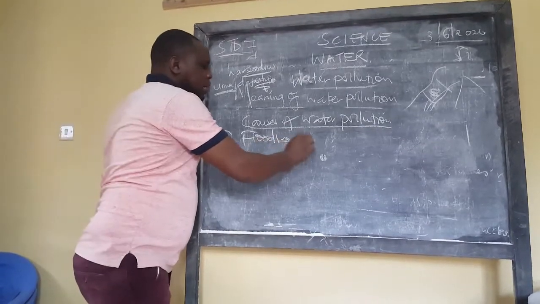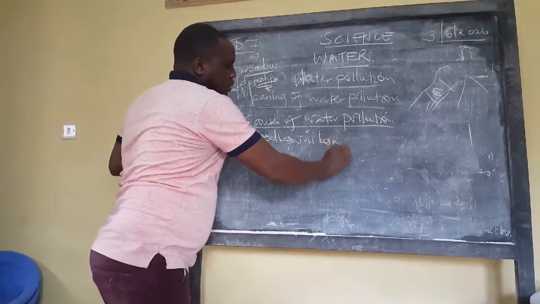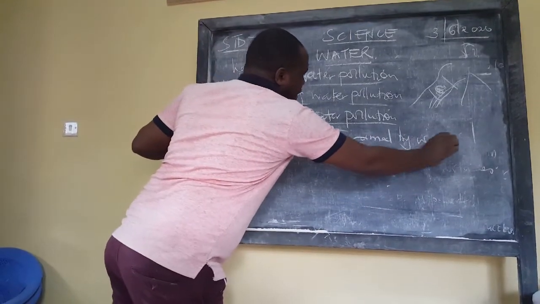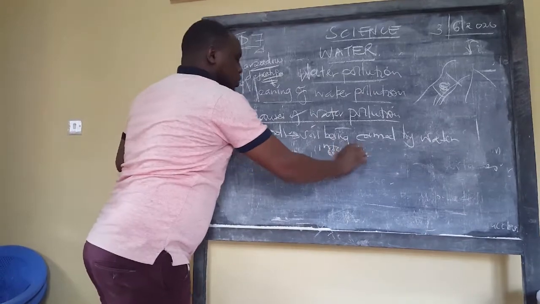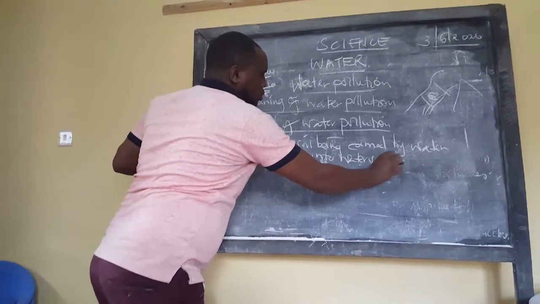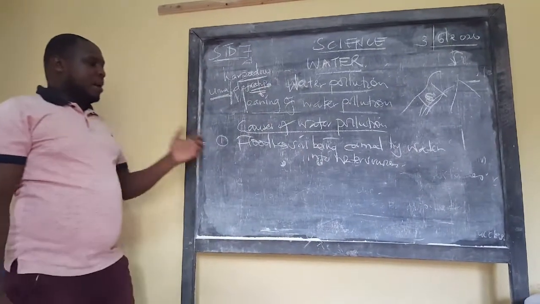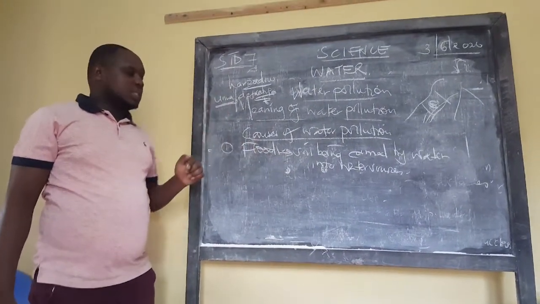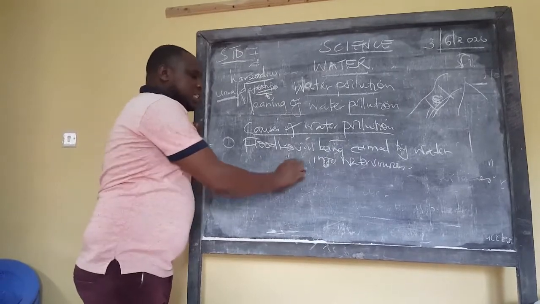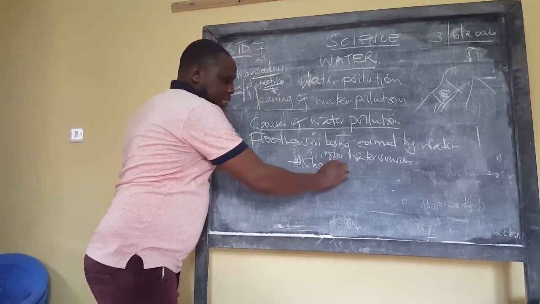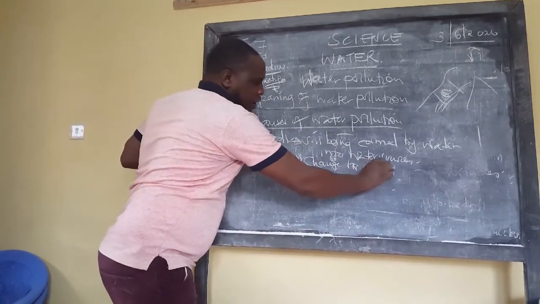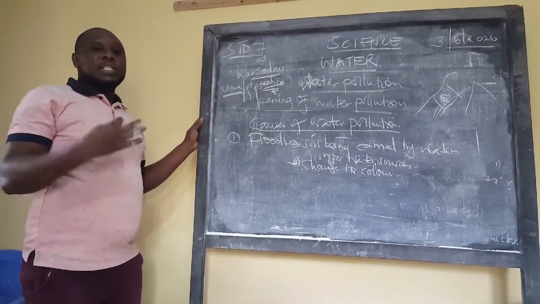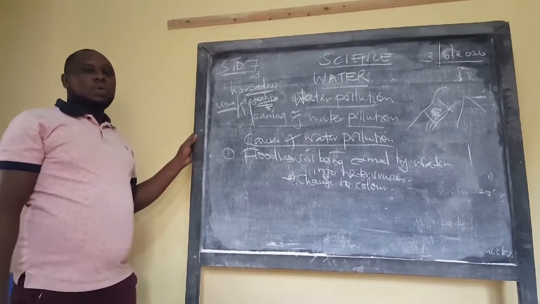Here, remember the soil being carried by water into water sources. A huge amount of soil is going to be carried by water into water sources. So the water is going to change its color, and therefore it means the color of the water is going to be brown. Nobody can take water that is brown unless you are living in the parts